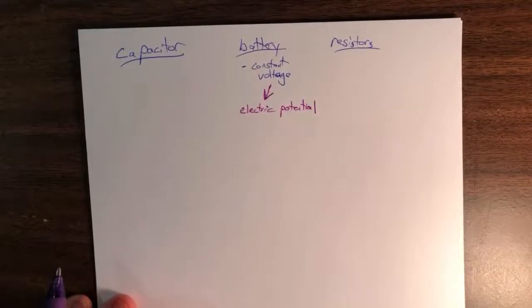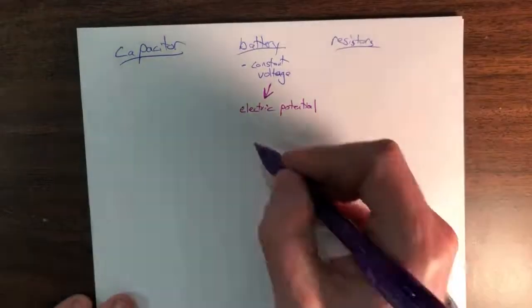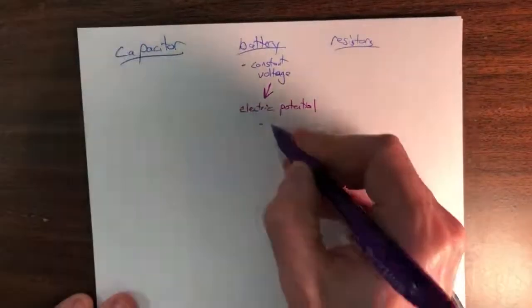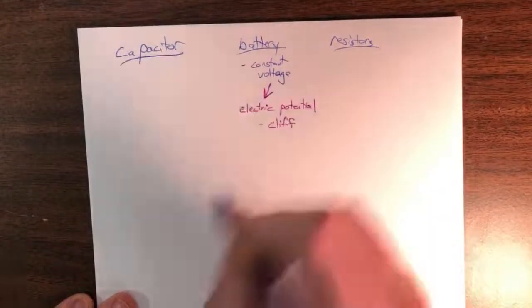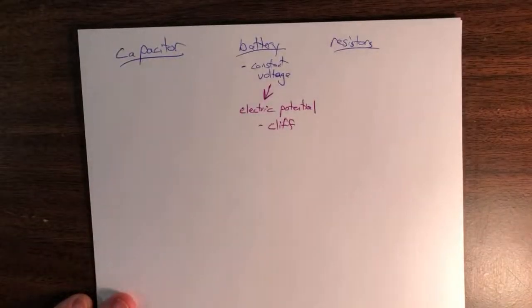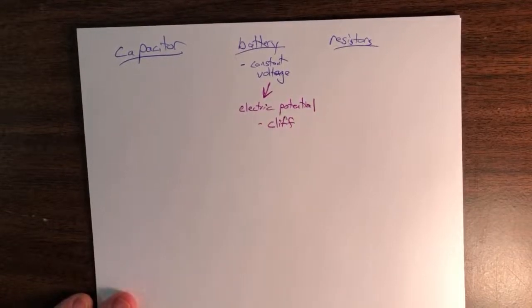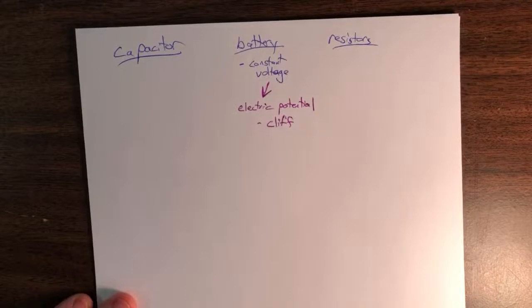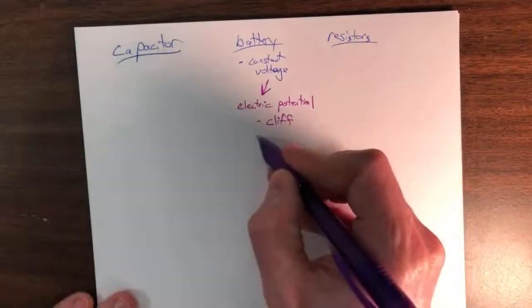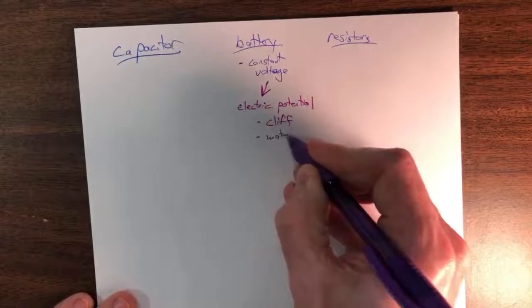All right, so an electric potential is more or less kind of like what we'd think of in terms of a physical realm as a cliff. Okay, so a cliff has some sort of gravitational potential there going on, right? So it's a gravitational potential energy, and you can think of the cliff itself as some sort of gravitational potential. All right, and so the gravitational energy wants to pull things down the cliff. And we oftentimes think of electricity in terms of water. And so if you're thinking of, let's say, a waterfall,